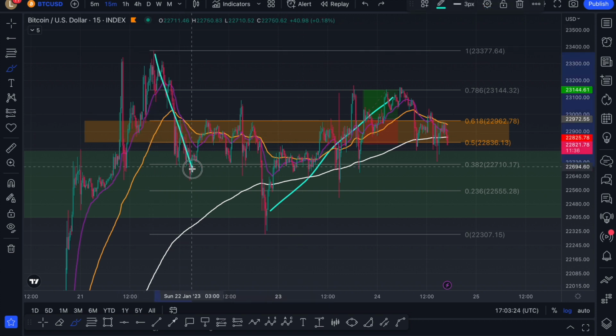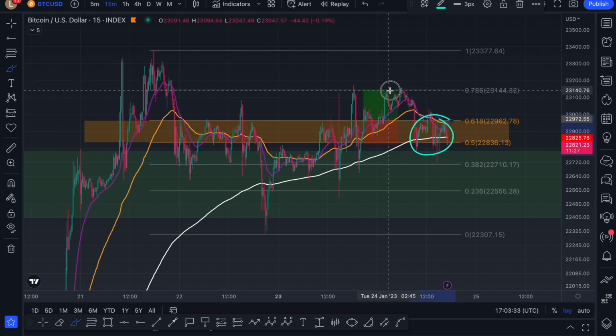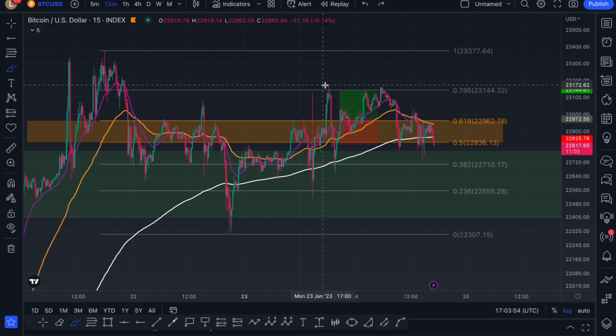Again, you can see it coming down and struggling to get back above. It went down, struggled to get back above, eventually doing so, but every time falling back under. Let's see what happens over here. If we push through the 0.786, so simply wait for that, guys. Wait for this. It will be a clearer picture. So you see the 0.786 at $23,144. You can simply wait for consecutive 15-minute candle closes above that, or just wait for it to get above, see it hold as support, and then continue up. Or you could wait for that wick over here to be taken out,